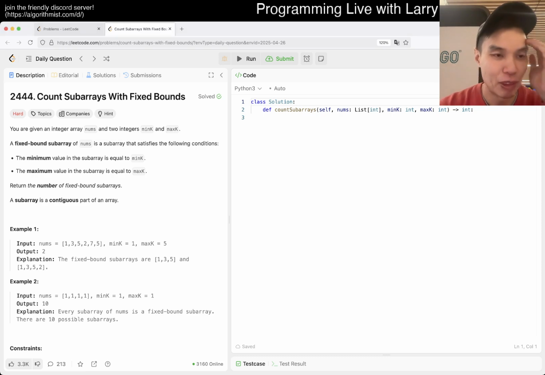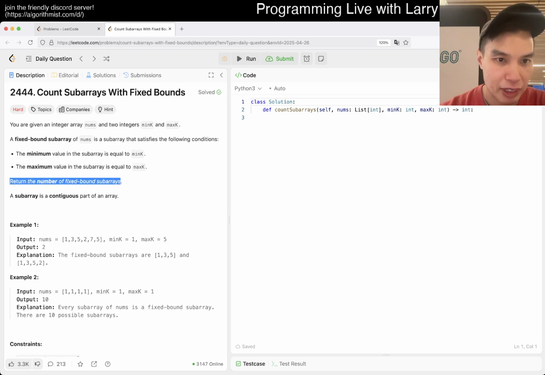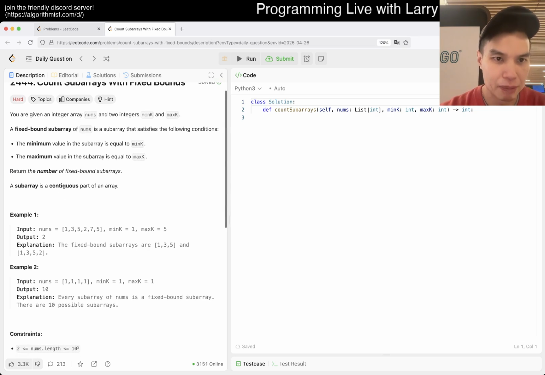All right, let's see. We have 2444, count subarrays with fixed bounds. Okay, min k, max k, right? The minimum value of the subarray is min k, maximum value is max k. Return the number of fixed-bound subarrays. What does k mean? What is min k? The minimum value, okay. So the minimum value is